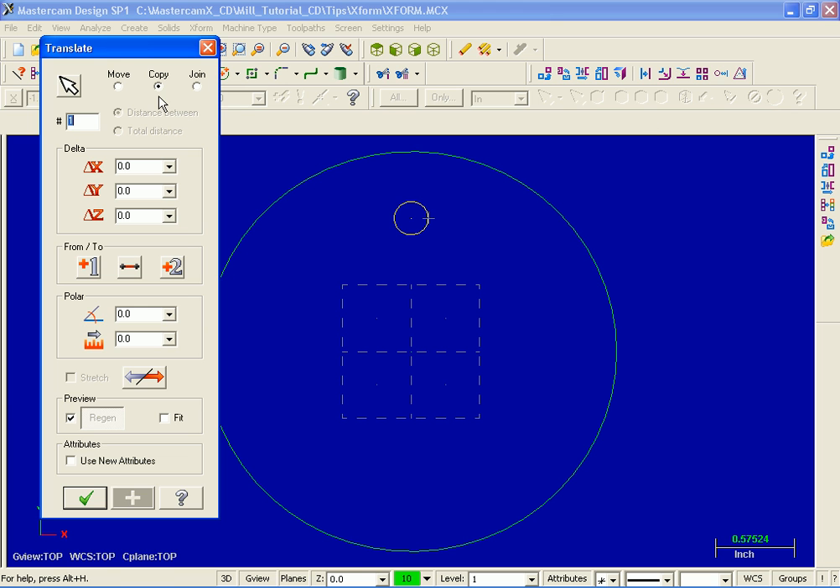Now over on the left, copy is turned on, so I'm going to leave that as is. Number of items we're going to copy is 1. Down below in the delta XYZ section, I'm going to click in this white space for the Y value and input -1 and then hit enter. Now as preview is turned on, you can see over in the graphics window I've just translated that circle down